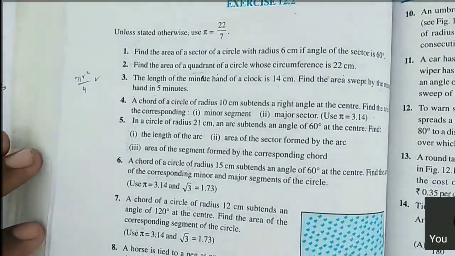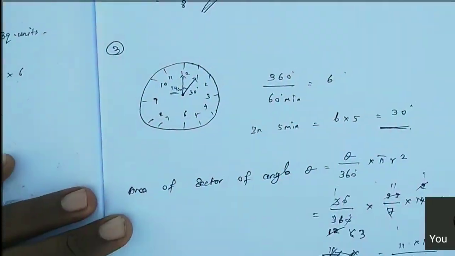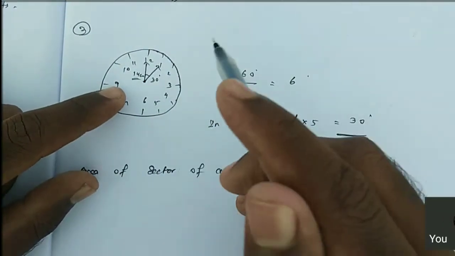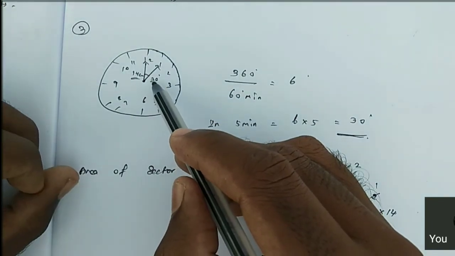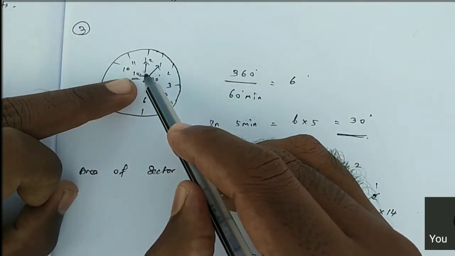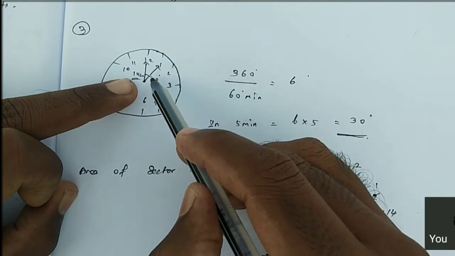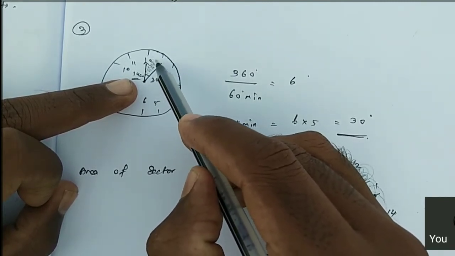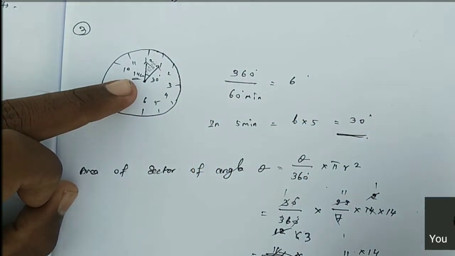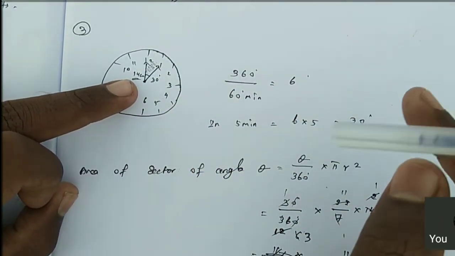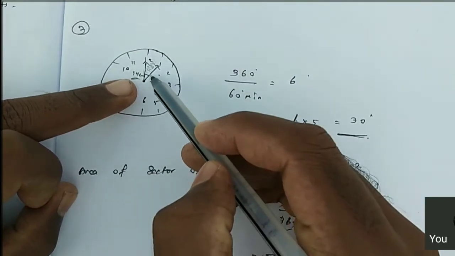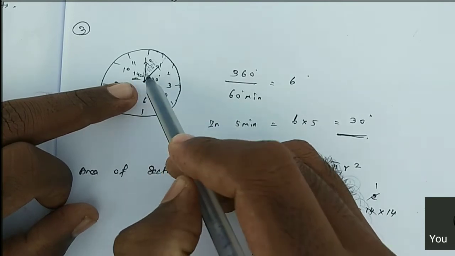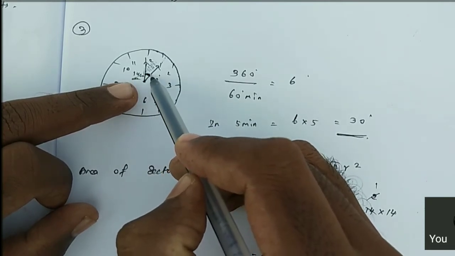Are you clear? Listen, it's very easy. Actually, indirectly they have given the minute hand length. It means radius. So that is 14 centimeters. In the 14 centimeters, it is shifted for 5 minutes, only 5 minutes. Then how much area is covered? That is the question. This much area. We should find this area. That's all. Now, is it a sector or not? It looks like a sector, but here it is 14 centimeters, but we don't know the angle, theta. So how will you find the angle?